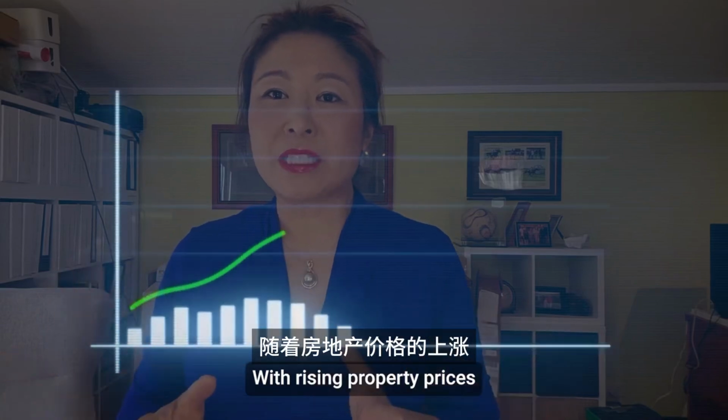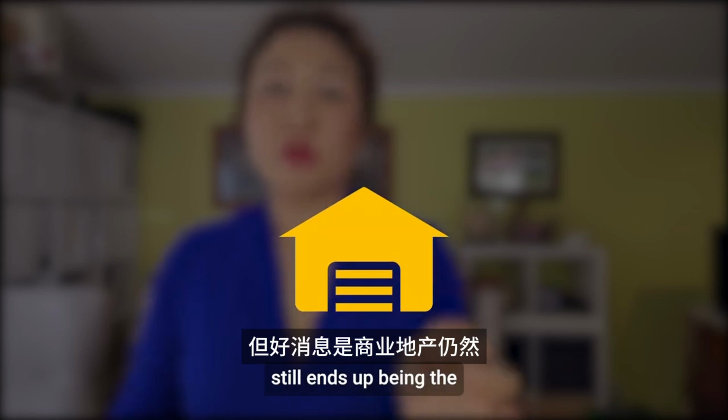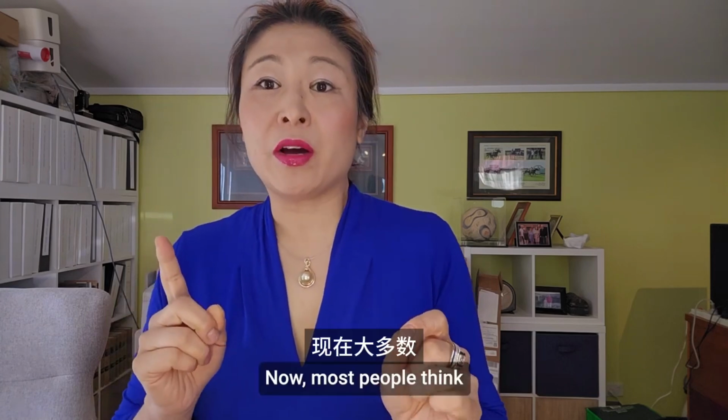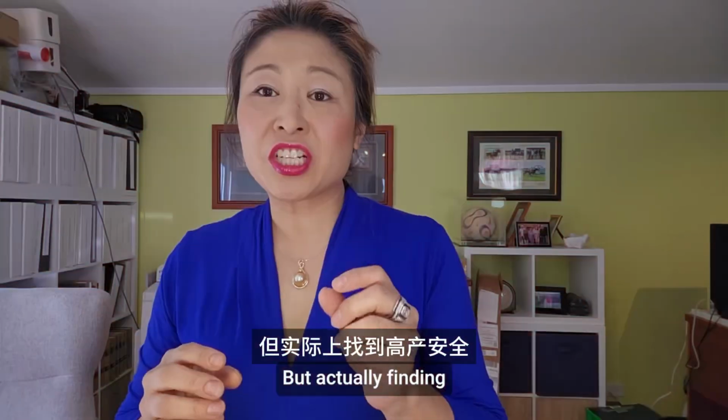With rising property prices, it's harder and harder to get into the market. But the good news is that commercial property still ends up being the best vehicle out there to secure high-yielding properties while other people are still looking at residential. Now, most people think that it's got to do with the building, the land, and the location, but actually finding